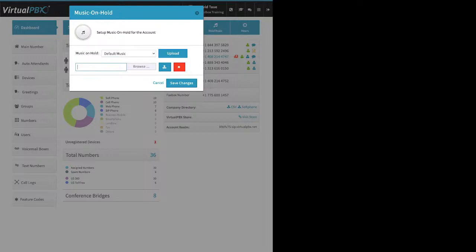As a recommendation, I recommend recording in mono. That will save you some space, so you can have a longer file. A 1 MB MP3 is roughly 5 minutes. Now, this whole music,